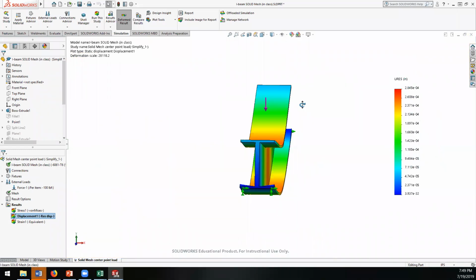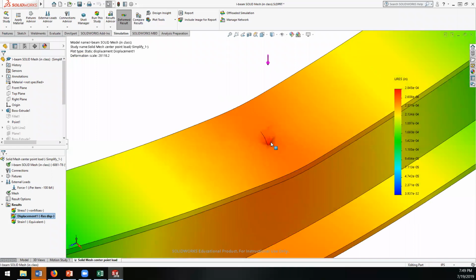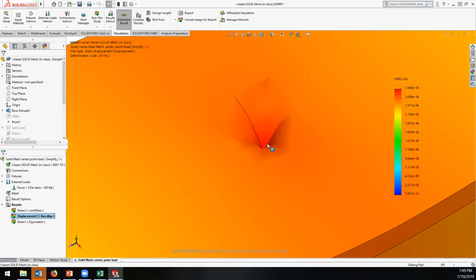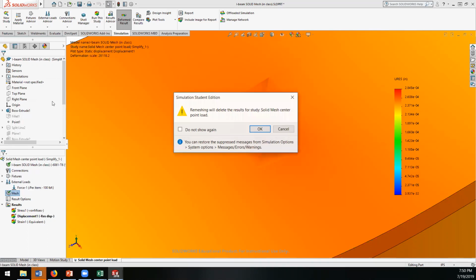Is this how we think the I-beam is going to fail? There's going to be this huge dent in the middle? It's a limitation of solid meshing. This is really distributed over the I-beam. If you think of putting some lead weight on the I-beam, it's not going to poke a hole in. And I bet if we went finer,